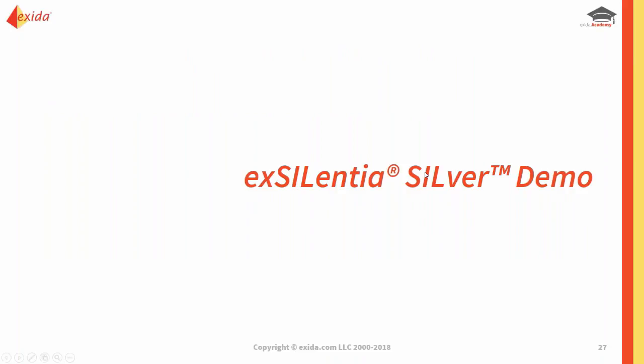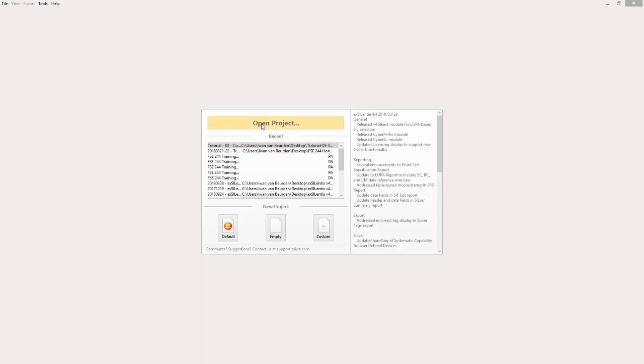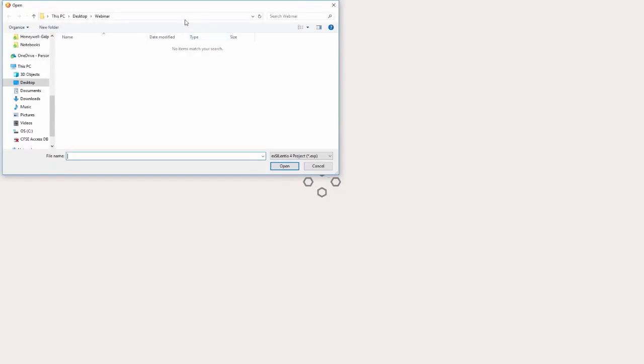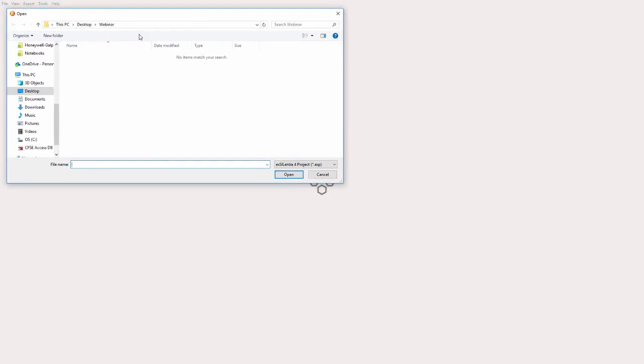So let's look at a quick demo of importing an exSILentia 3 file. So what I've done here, where is exSILentia? Here is exSILentia. What I can do is simply say open a project, and when I click on open a project, my standard Windows dialog will show up, and in the lower right hand corner you see exSILentia 4 project. That's the default extension that the tool will look for, but you can also say I want to look for an exSILentia 3 project, an EXI file. And if I say I want to do that, then here I have a reactor high pressure protection function that I want to import. So I'm going to select that file and simply say open,